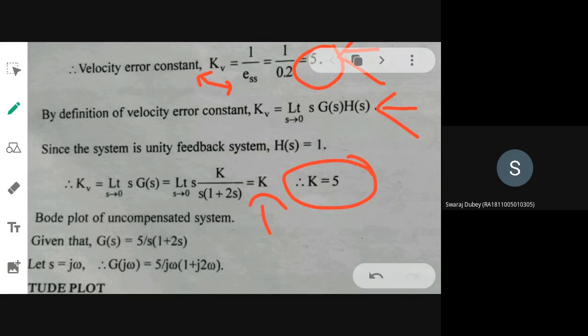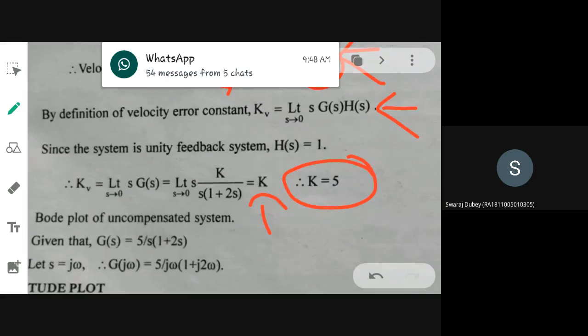That is your first step actually. So what is your first step now? Tell me again. The first step is to calculate the gain. No matter whatever may be the compensator, the first step will always be to determine the value of the gain.